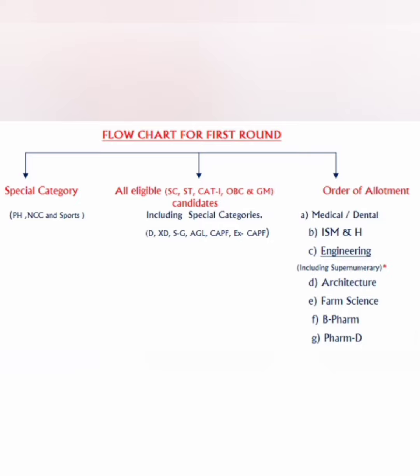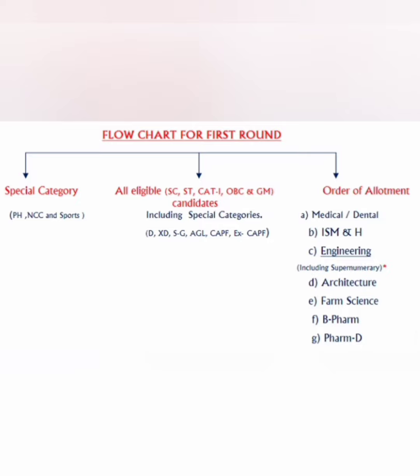And then all eligible candidates, which can be from SC, ST, Category 1, OBC and general merit candidates and rest of the students, which is in the center of this flow chart. And the third is the order of allotment, which depends on preference. They first allot seats to medical, dental. ISMH is nothing but Indian System of Medicine and Homeopathy. The third preference is engineering, fourth preference is architecture, fifth is Pharm Science, sixth is B.Pharm, seventh is